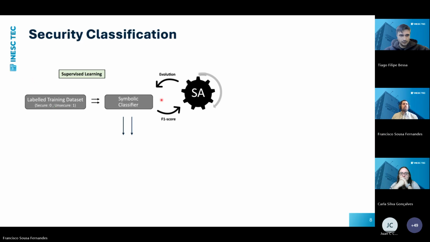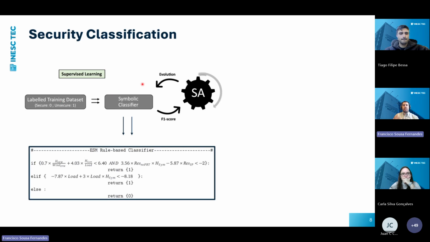And we will use our method to evolve a symbolic classifier to basically maximize exactly the F-beta score. In this case, we end up getting models like this, okay? A simple rule-based classifier